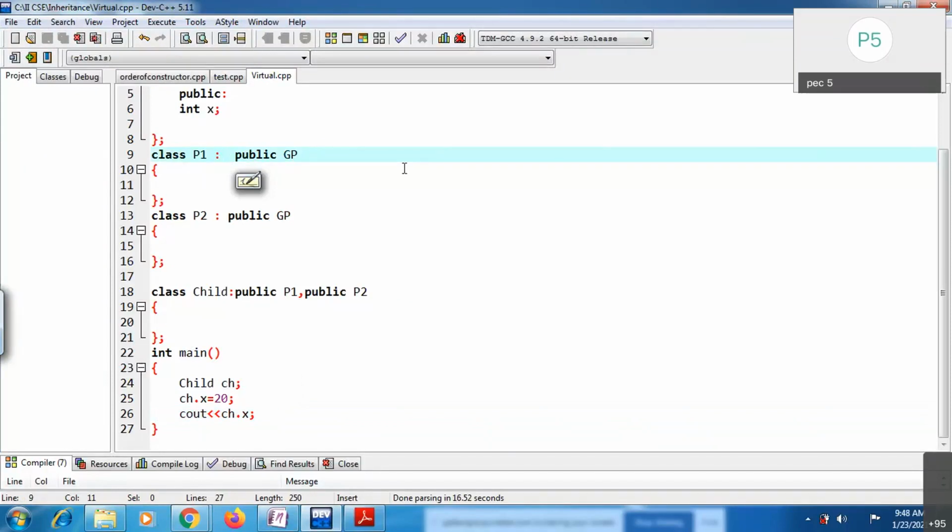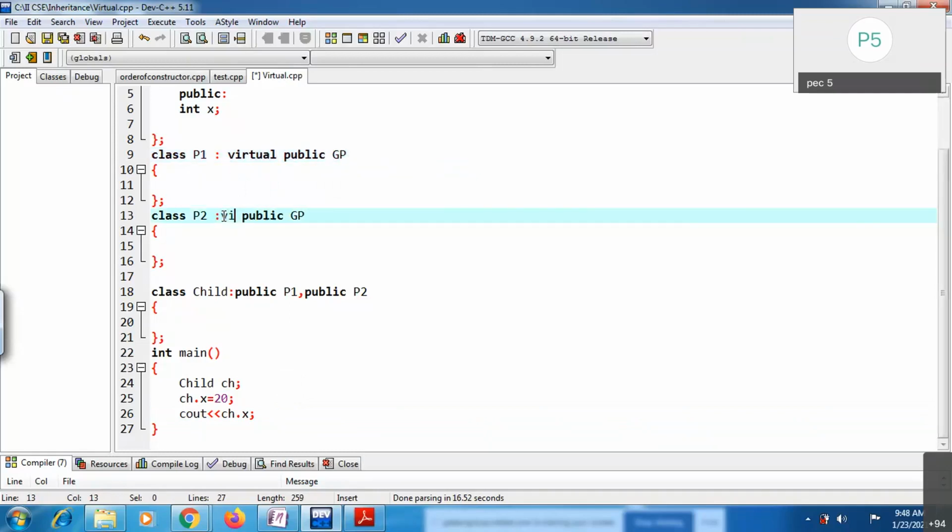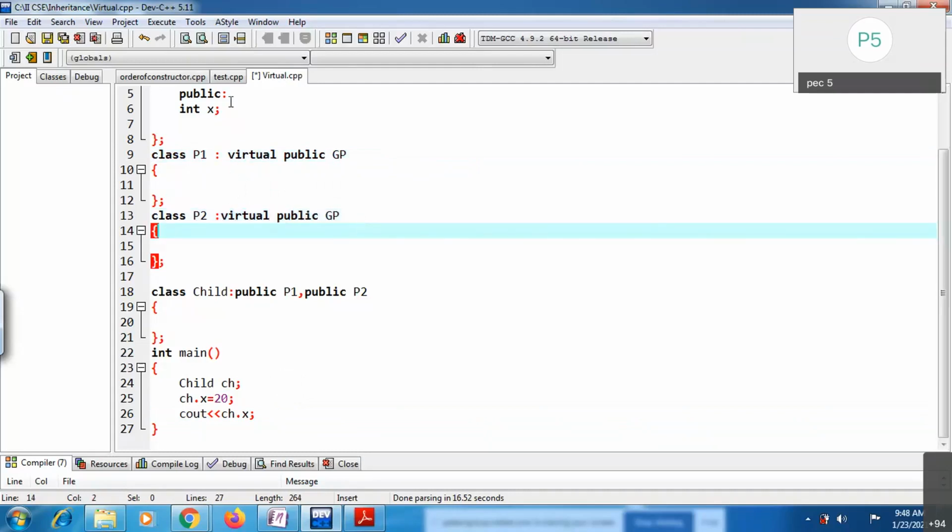Here I'm deriving p1 from the grandparent, so just make it virtual. Here also just add virtual. Now only one copy is shared with p1 and p2.